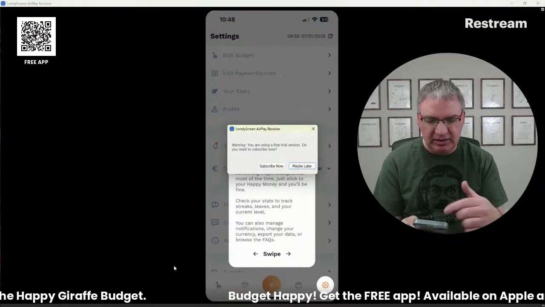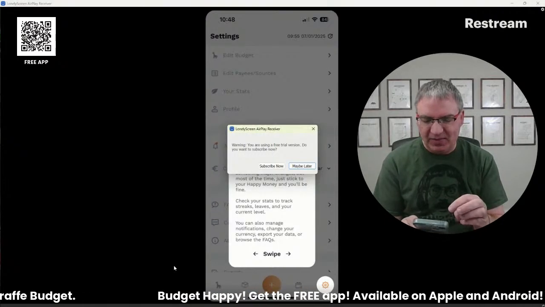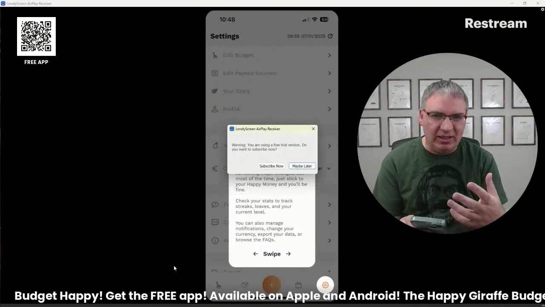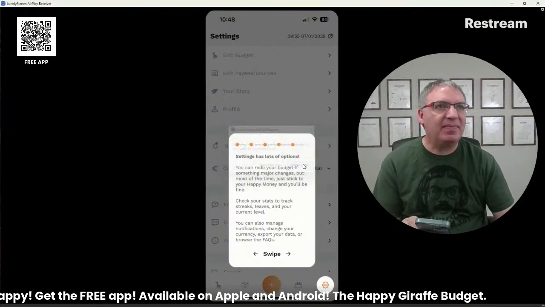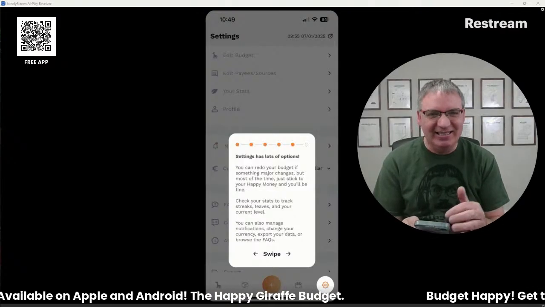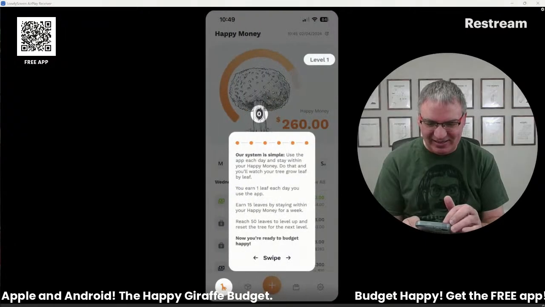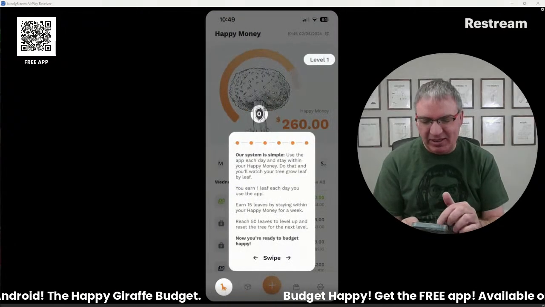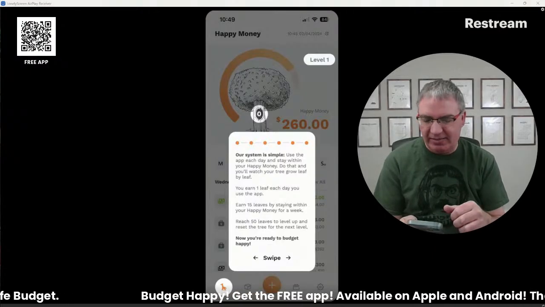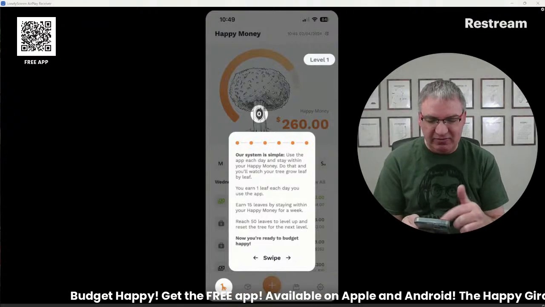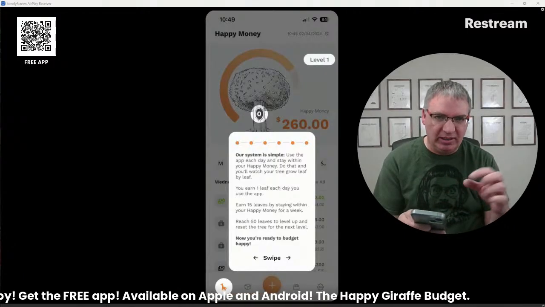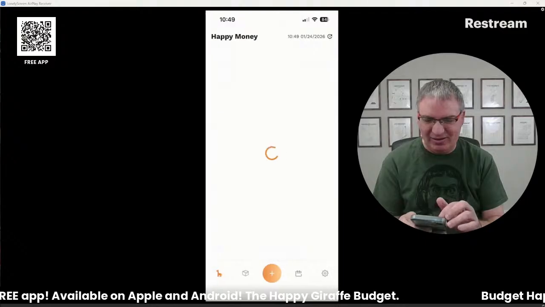That's got lots of options. You can see your stats. You can see the level that you're at. There's a little game in here where you get leaves for doing things. And just to kind of encourage you to use the budget, stick to it. So let's see, oh yeah, here's the part about the game. You earn a leaf each day that you use the app. And then if you get to the end of the week and you're still within your Happy Money, you get 15 leaves. And every time you hit 50, you level up to the next level, and you can see your tree getting more and more leaves as you go through that.